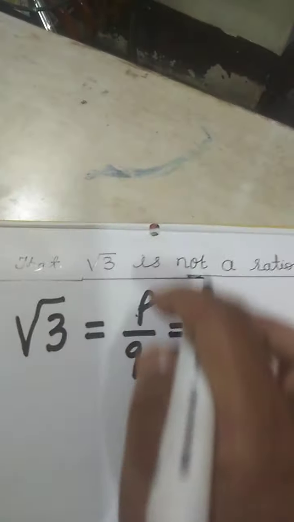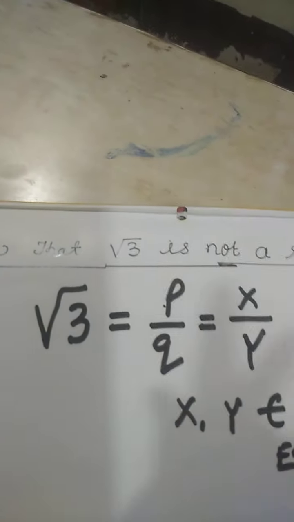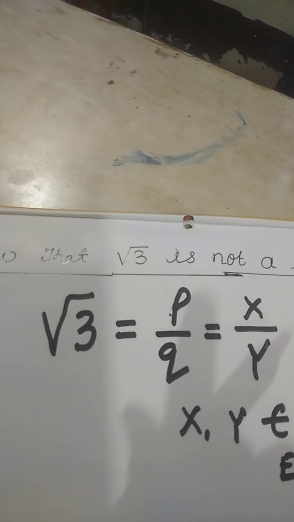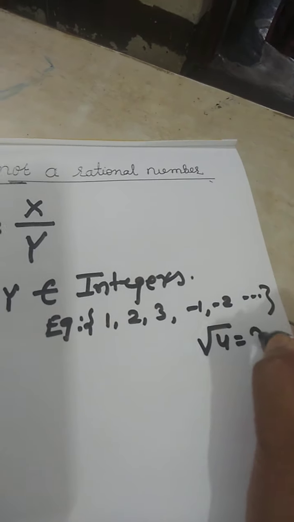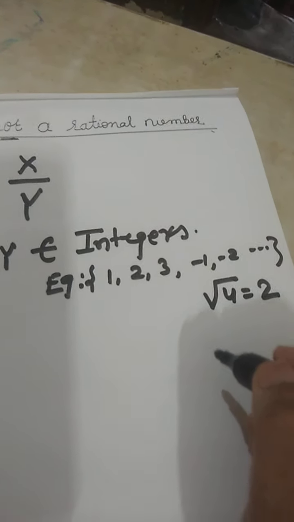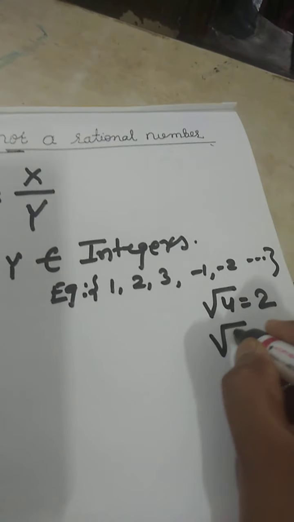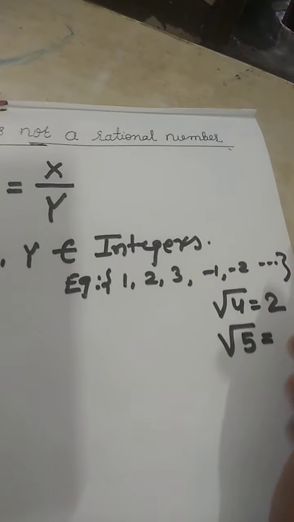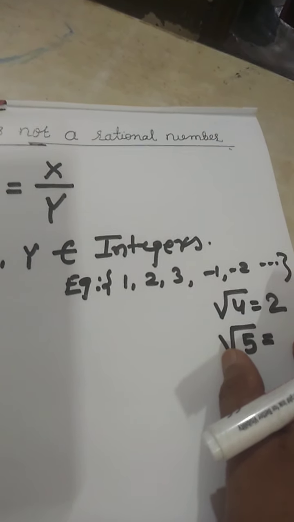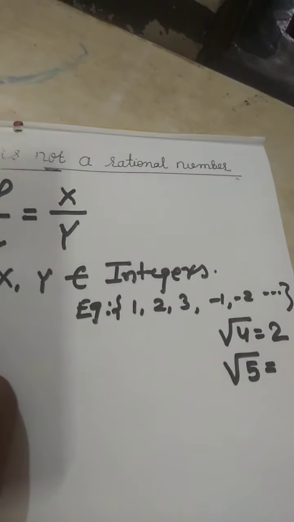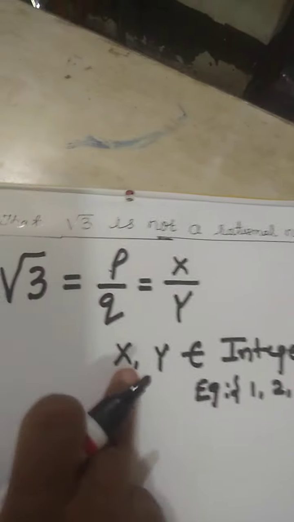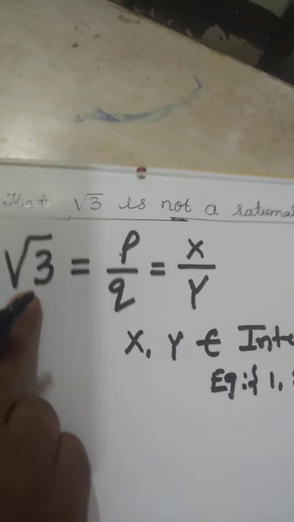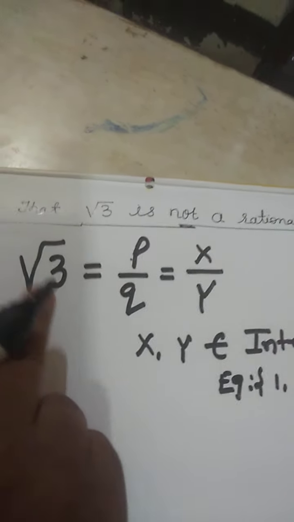So when we have some integer here that is not in a square root, suppose I write root over 4, it will be 2. And if I write prime number root over 5, this will not give you a perfect integer. So we can't place root 5 here. We always place the value which gives the integer. That is the main fundamental thing here when we are going to show this is not a rational number.